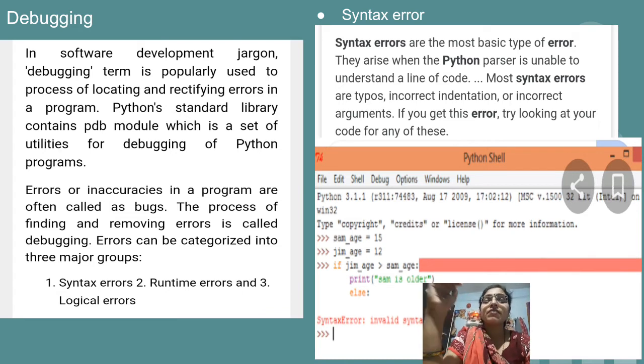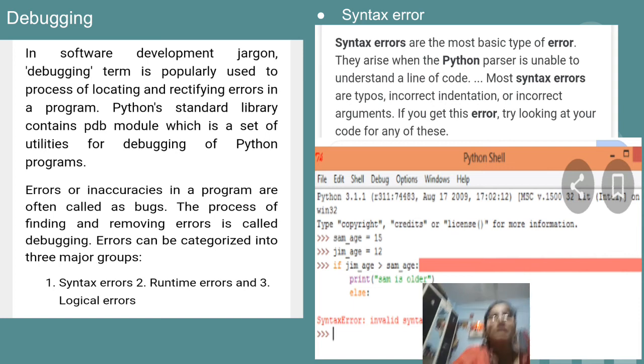Meaning if we have an if condition, then we have a round bracket, and within the round bracket we write the condition. Then we have curly brackets, but those curly brackets should be placed at least a tab space distance away. After that, within the curly bracket we have statements. So all such things should be seen. Indentation error is again an important type of syntax error. And incorrect arguments means if we are writing a function and our function has two parameters, and we pass one parameter, that is an incorrect argument error. All these come under syntax error.